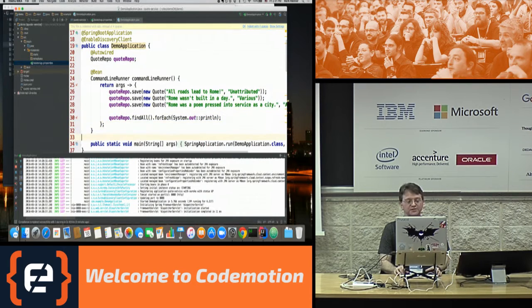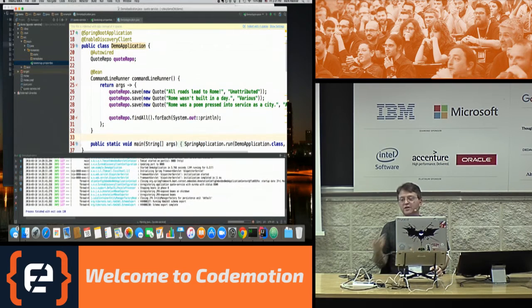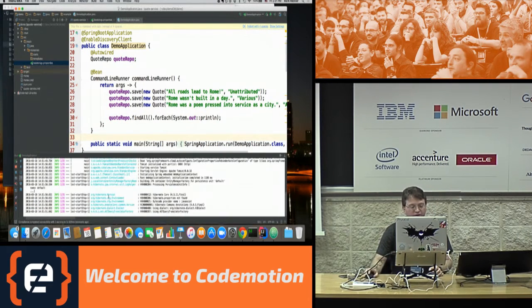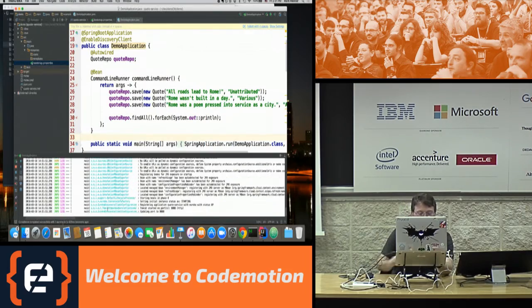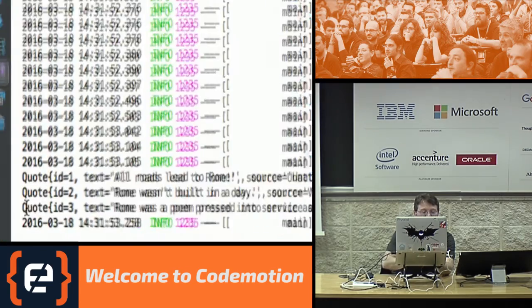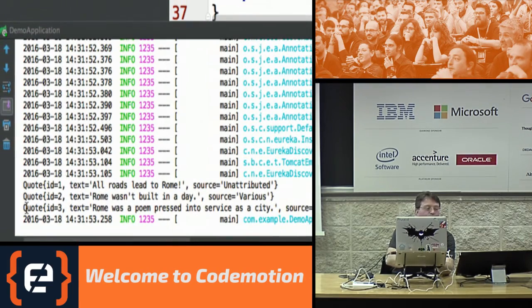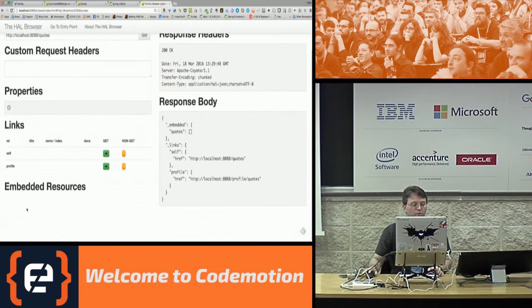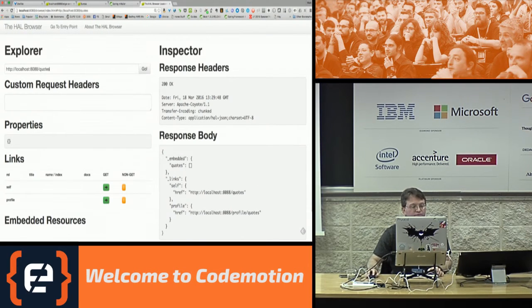And what this allows us to do when we start up our application is to start with a quote repository that actually has some quotes in it. And as you can see from the startup down here, I need to learn to come over here. Yeah. So we see that we have some quotes already populating in our database. So now if we go back to our web interface, our HAL browser,